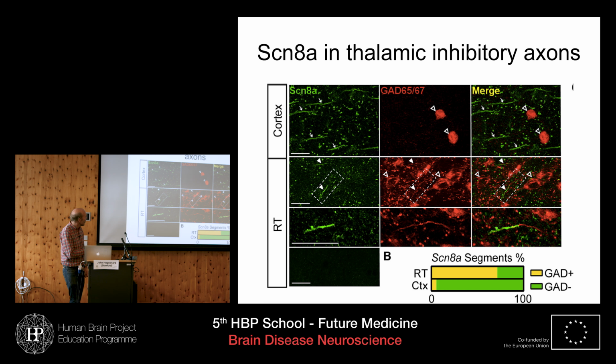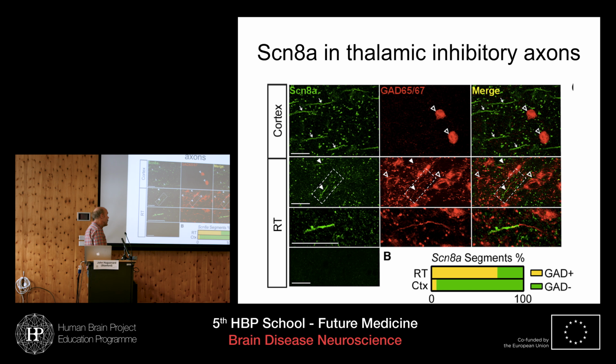By contrast, when he looked down in RT, here's an axon segment, right? It has this same shape. It corresponds with ankyrin staining, not shown here, which is a marker of axons. But here in the reticular nucleus, you see this 8A staining corresponds to the GABA staining. You can see in yellow here. So there's many of these segments in the reticular nucleus that are axon-like segments. And so it looks like 8A has a specific role in mediating the activation of reticular cells, these inhibitory cells that are in the thalamus, but not so much of a role in the inhibitory cells in cortex.